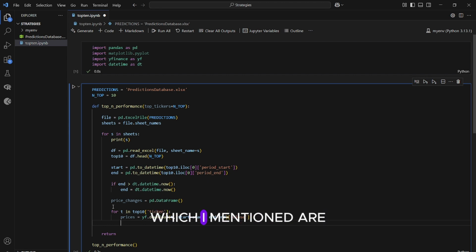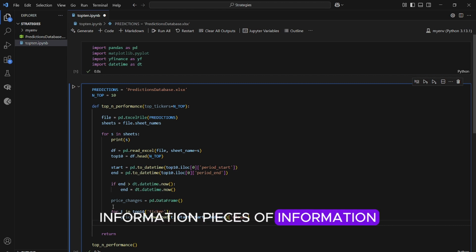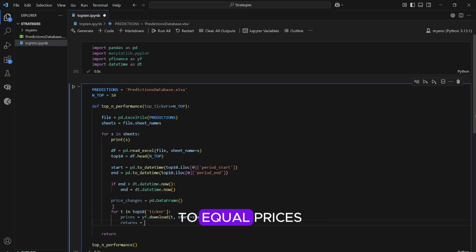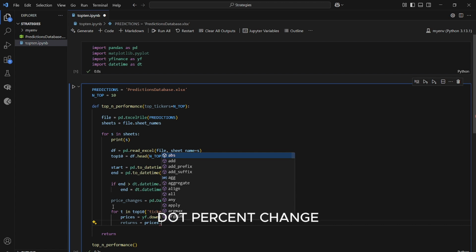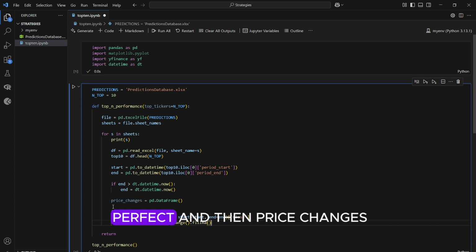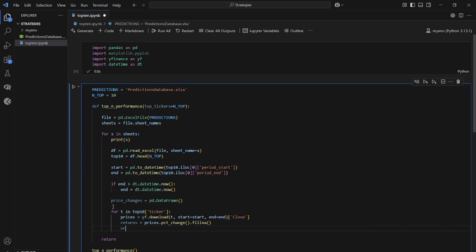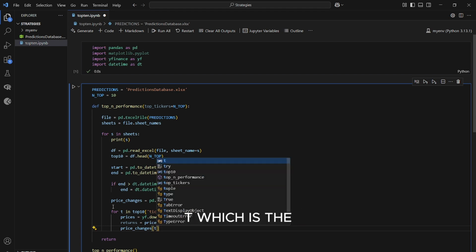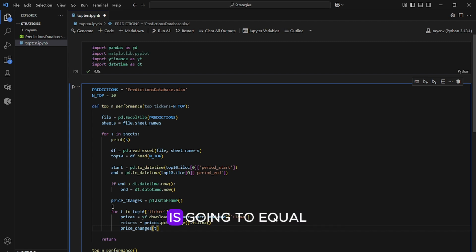I don't need a lot of information here. And then the returns, which I mentioned, are going to be those raw price change pieces of information. So returns are going to equal prices dot pct_change, which is a function built into pandas, dot fillna. Perfect. And then price changes, which is the data frame we have defined as empty, ticker t, which is the specific ticker we're using, is going to equal the returns. Okay,